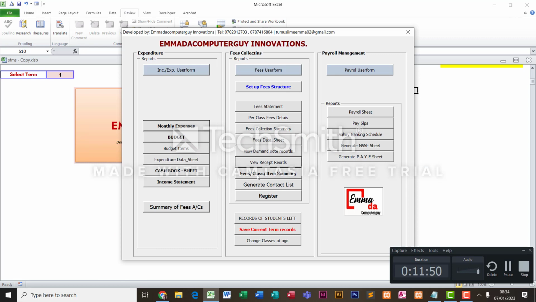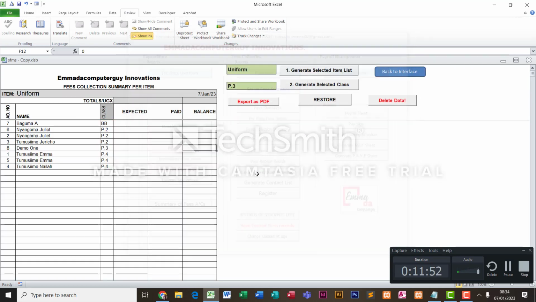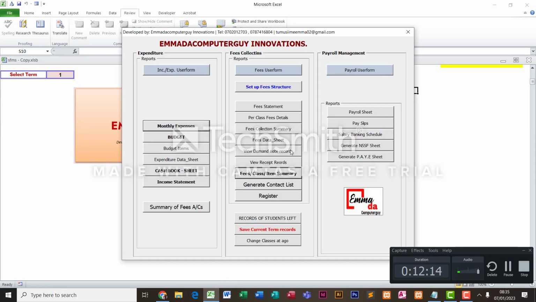Then you have fees class item summary. That's how it will be. If I come here and choose family fees, then I choose which class. I say baby class, then I say generate the list. For baby class, you can see all that we have. Then when I go back to the menu,